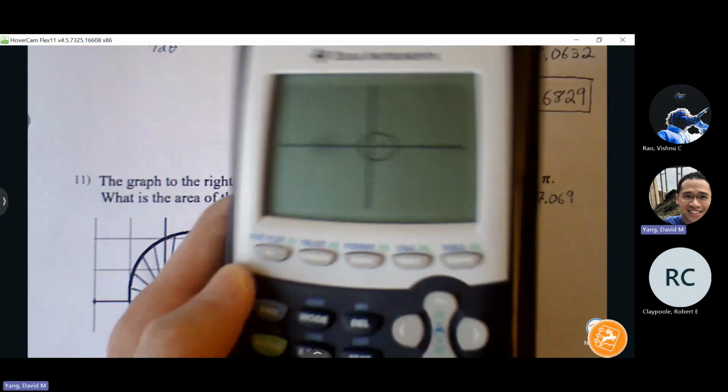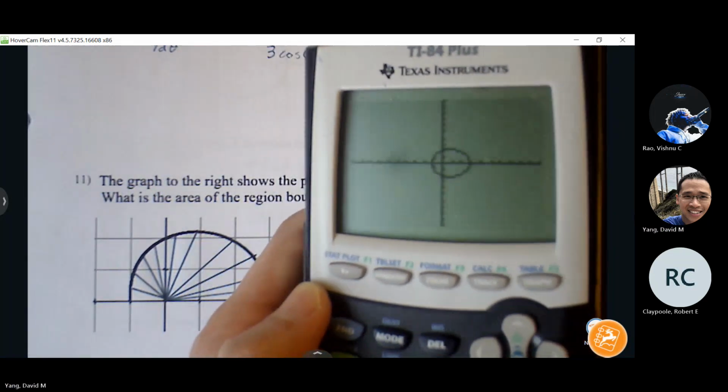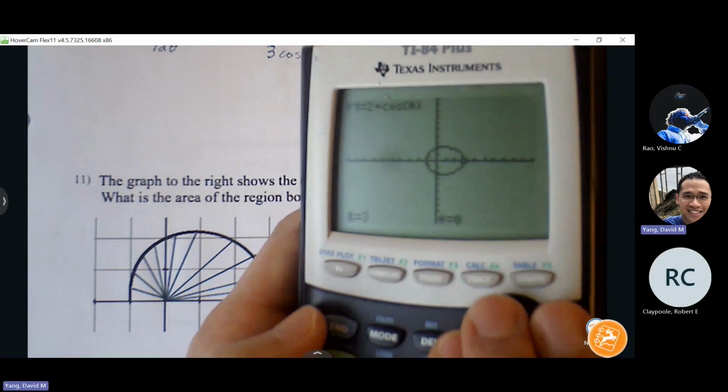Here, zoom 6. Zoom 6 is maybe better. And then if you do trace, you can